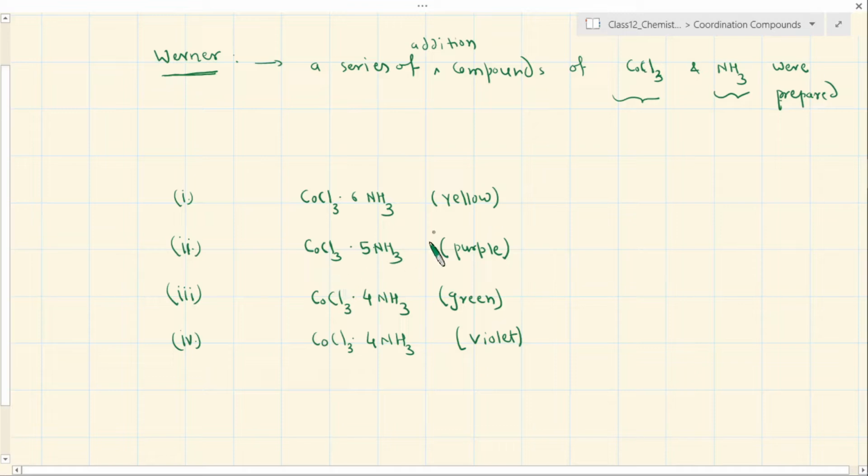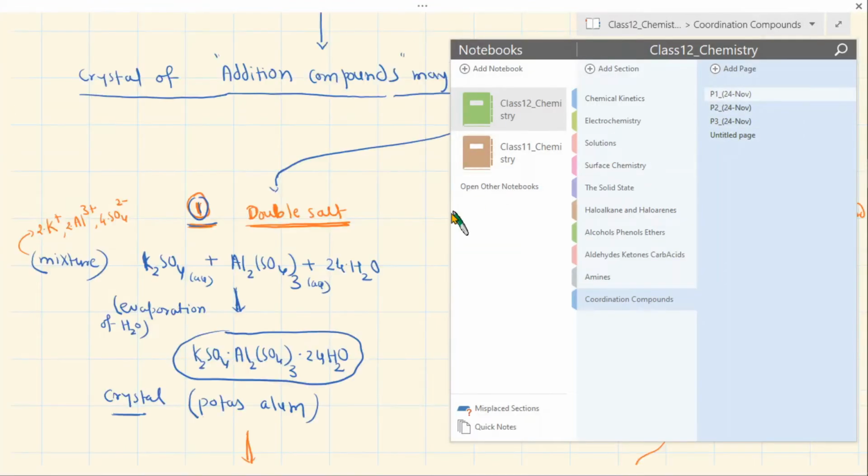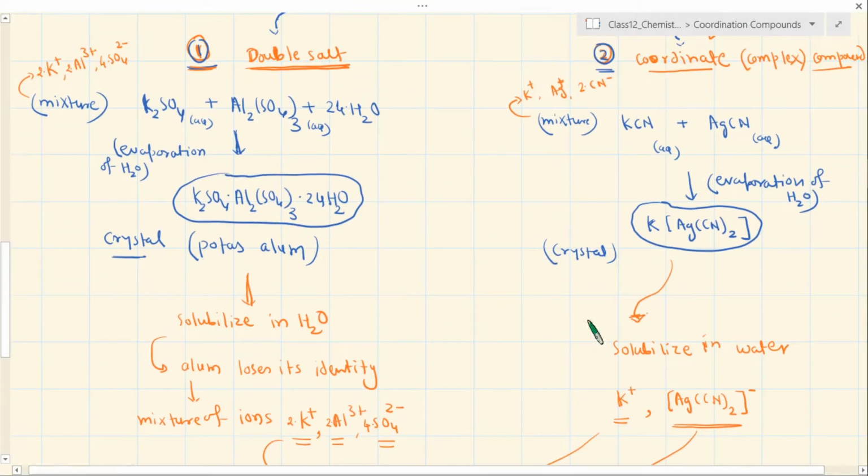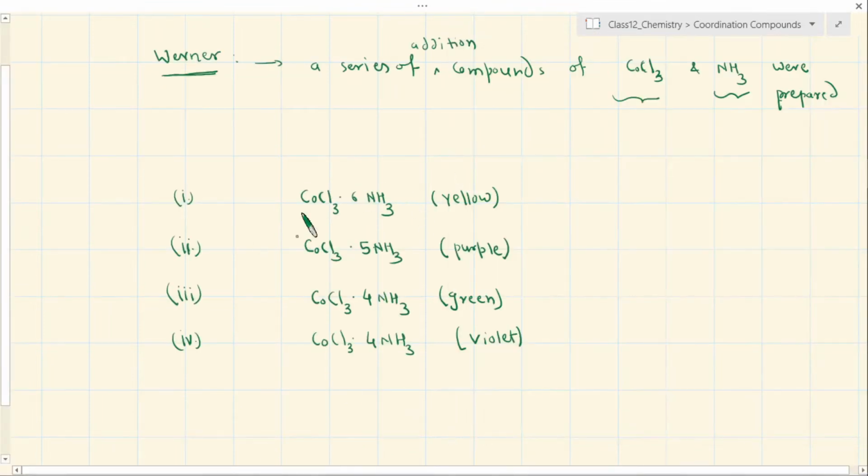Now, suppose you only have to find out the presence of cyanide in this, you can do some test of cyanide, and we don't get the test of cyanide in this because it seems not to be available as a separate entity as cyanide ion. Similarly, silver also does not give you a separate test. Now he analyzes this just to establish the stoichiometry of each ion in this.